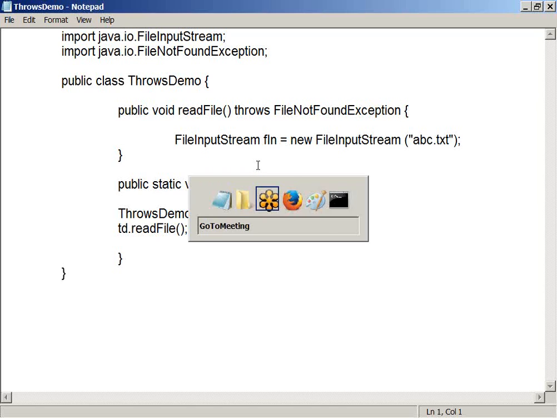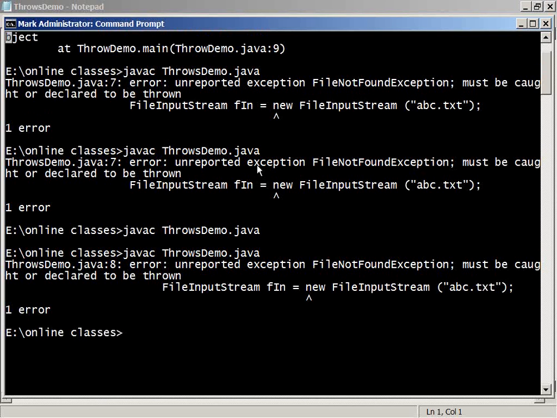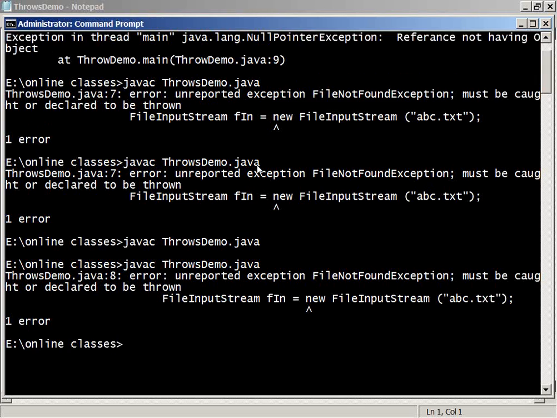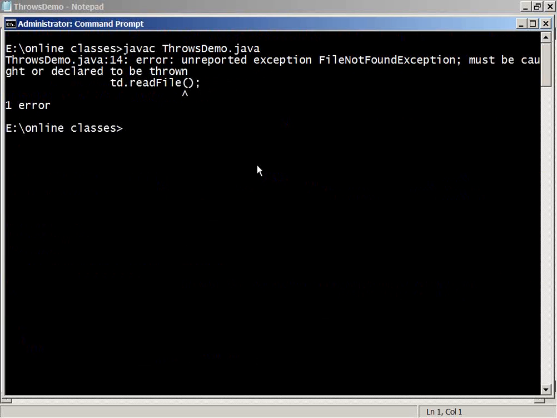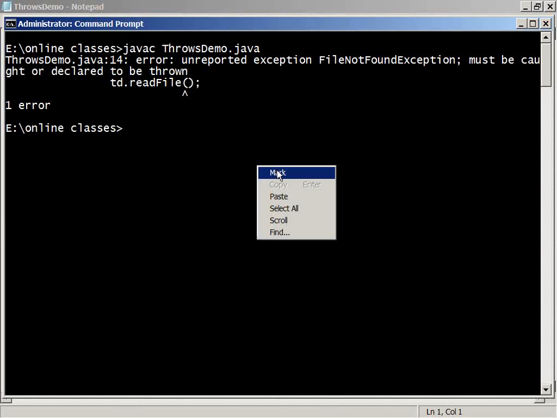Now let me compile my program. Right, so let me clear the screen here. Still your program is not compiled. Why? Still the program is not compiled. Why? Right? Now see the error message here clearly.